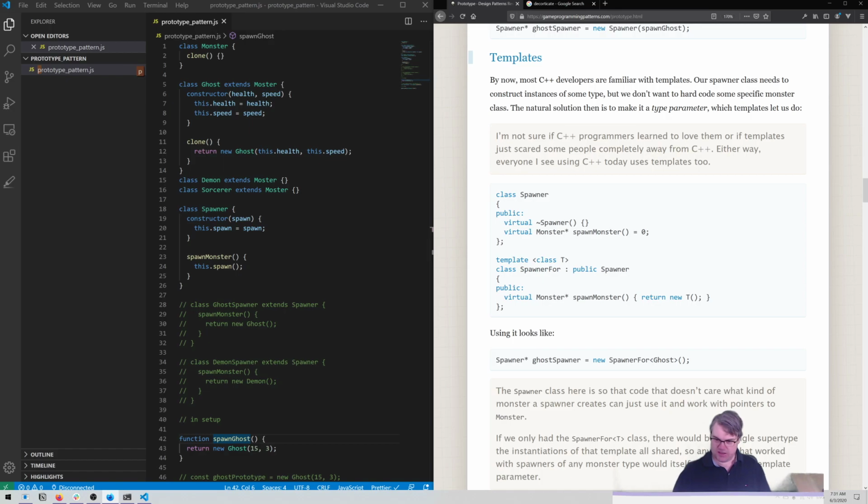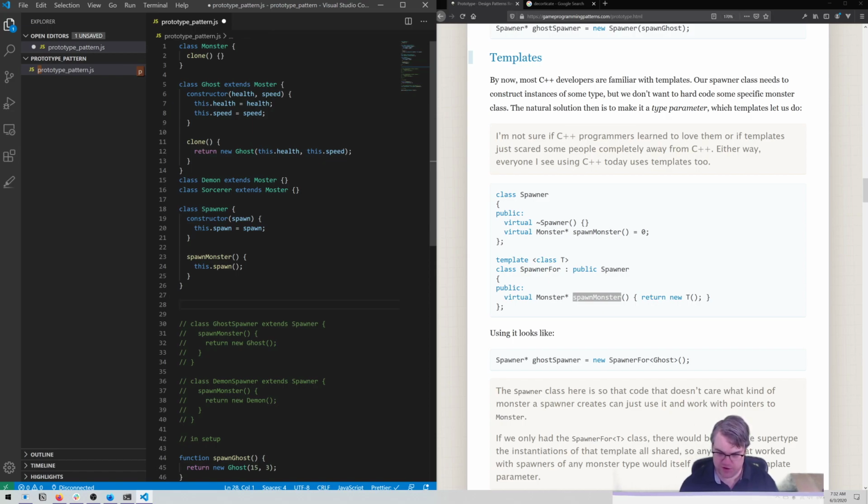Let's see. Continuing on. So if we have this generic T, we're creating a new class, spawner4, which has a public spawn monster that returns a new T. Okay, interesting. So spawner4. So in JavaScript, it's weakly typed, so not nearly as big of a problem for us. So if we create a new class, spawner4,